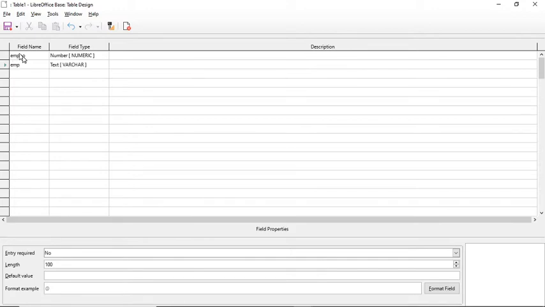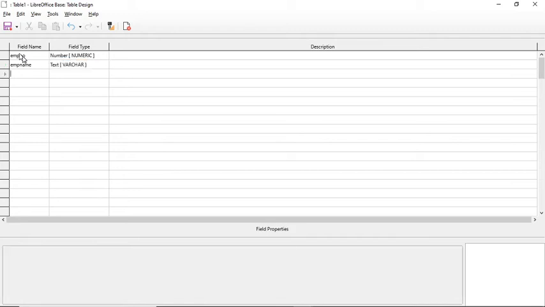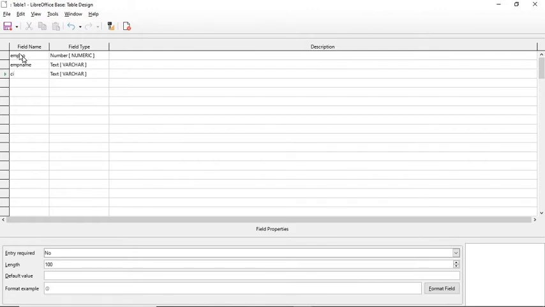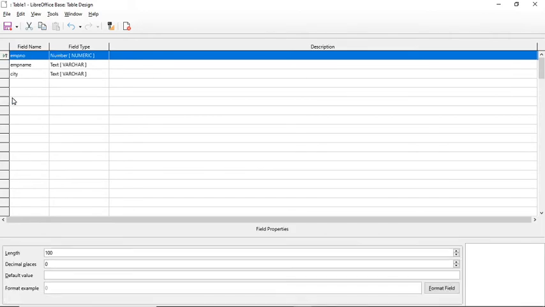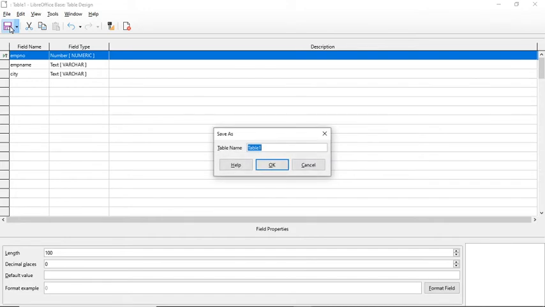EMP name, meaning employee name, the data type is varchar, text. Then city, that is varchar. Then save, give the primary key: right click on that field and choose primary key.